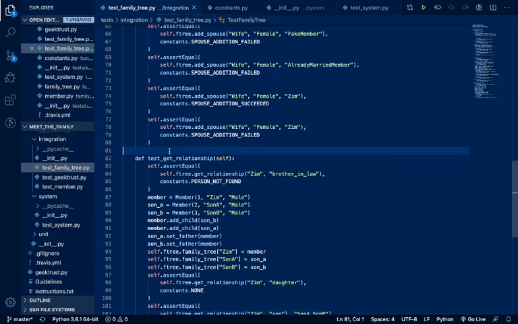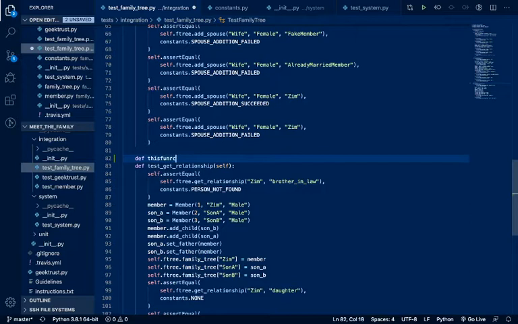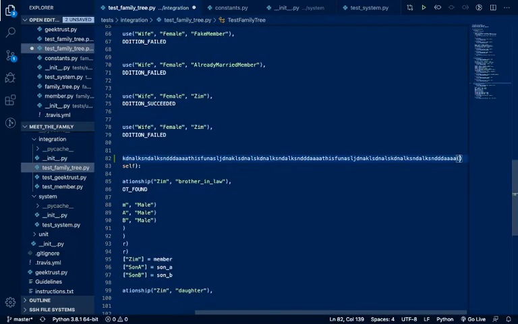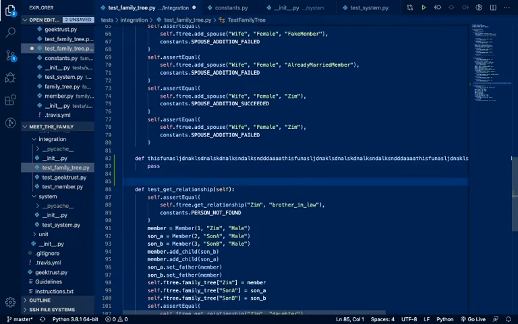Let me give you a demo, right? Let's say this function, let's just create a long function here. Let's just call it, this is the difficulty. I'm going to say nothing over here, just self, and then we're going to do pass, and then let's create a line over here, 4 spaces over here.